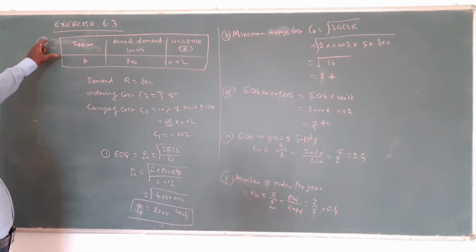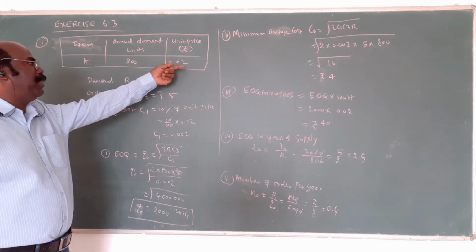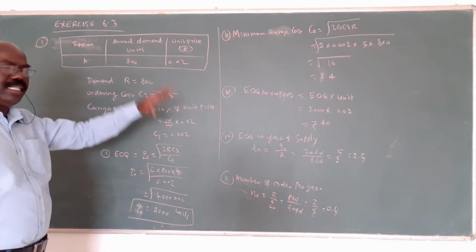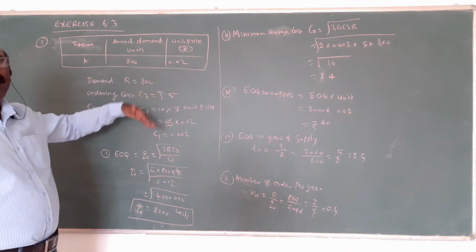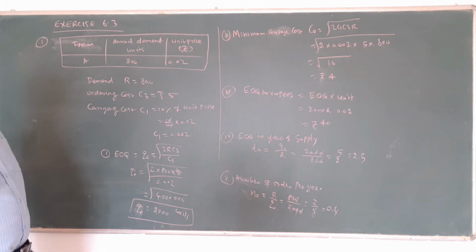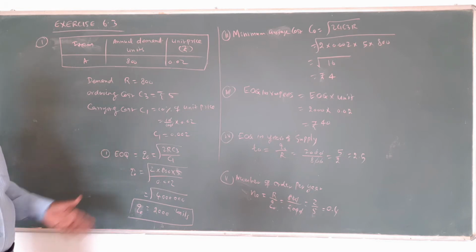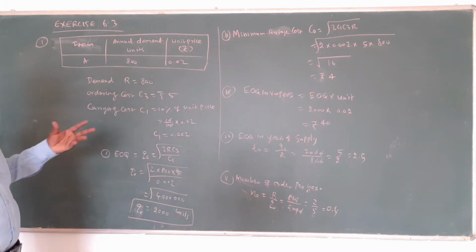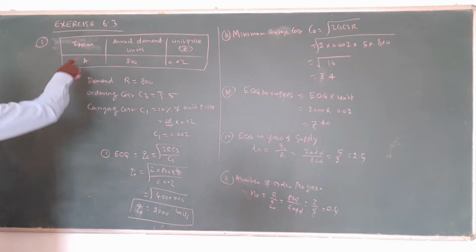This is actually the first subdivision, item A. For item B, other values are given. The values are changed, but the formulas are the same. Item C also has somewhat changed values. After simplifying, you must know the formulas. All five parts are asked. Write the formula clearly, then substitute the values one by one. This is one question.